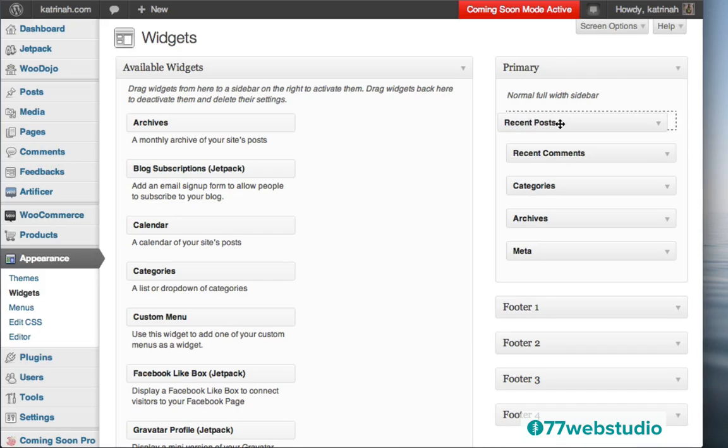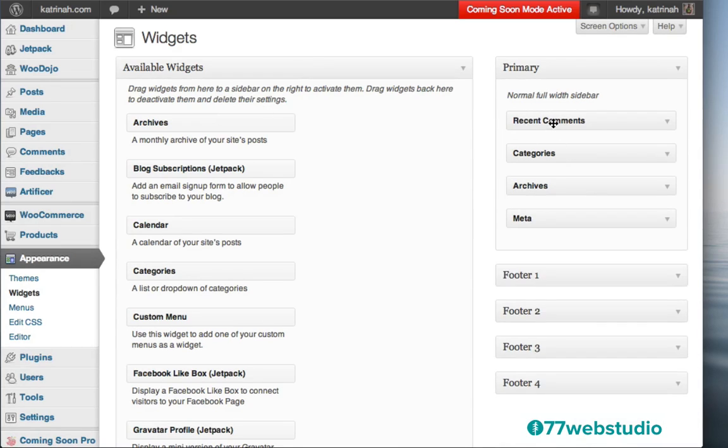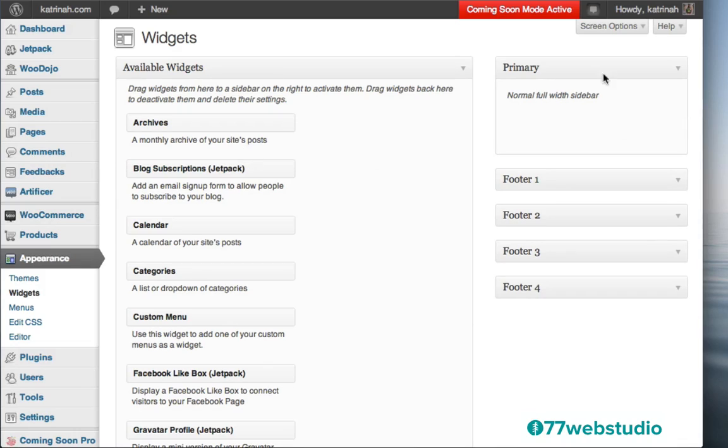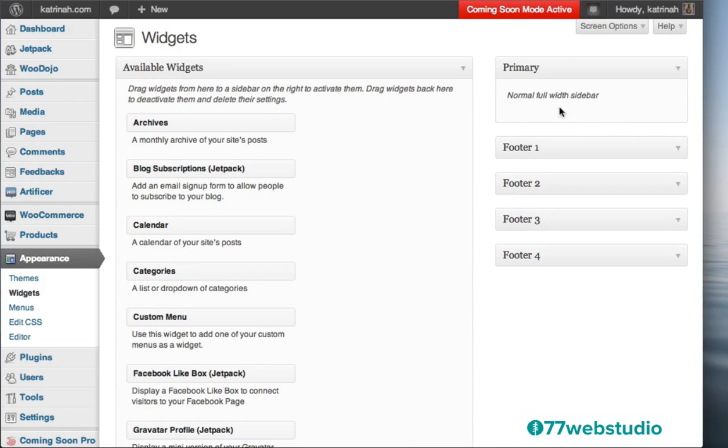So I'm going to remove these one by one by just dragging them over to the side and releasing to deactivate them. So I'm just dragging them over to remove them. And then we need to add the content that we actually want to have displayed here in the sidebar. So one thing that I want to add, because this is an e-commerce website, I want to make it really easy for anyone to find products in my product catalog.